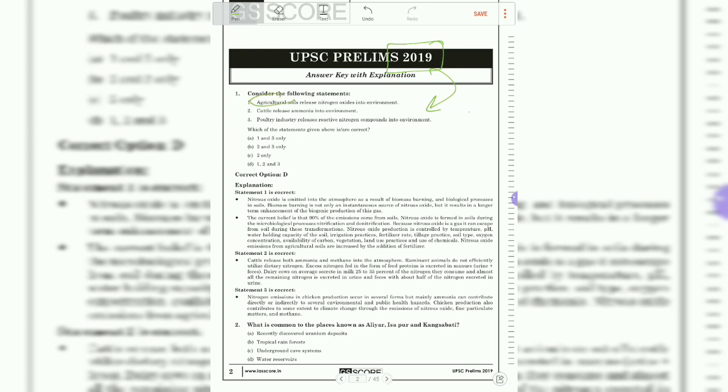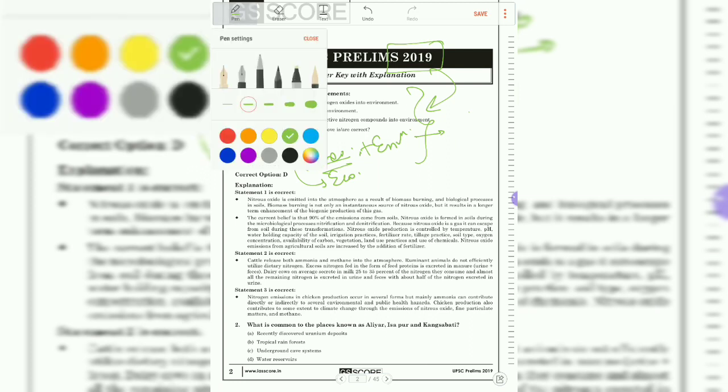So it is agriculture and cattle. Whenever you see a question, just try to think what subject it belongs to. For example, agriculture you also have in geography, you also have this in economy, right? And in environment also you have this topic. So you need to think from which perspective you need to solve this question first, because at the very same time you will